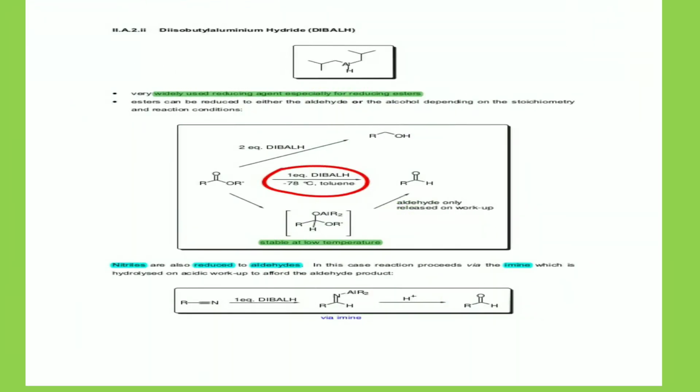Here also you can see this ester in presence of one equivalent DIBAL at minus 78 degrees Celsius temperature, we get the aldehyde. Also this nitrile compound, that is CN compound, in presence of DIBAL gets converted to the aldehyde. This is about the aldehyde conversion by the different selective reagent, that is the cyanide, ester, acid get converted to the aldehydes. The long form of DIBAL is diisobutyl aluminium hydride.